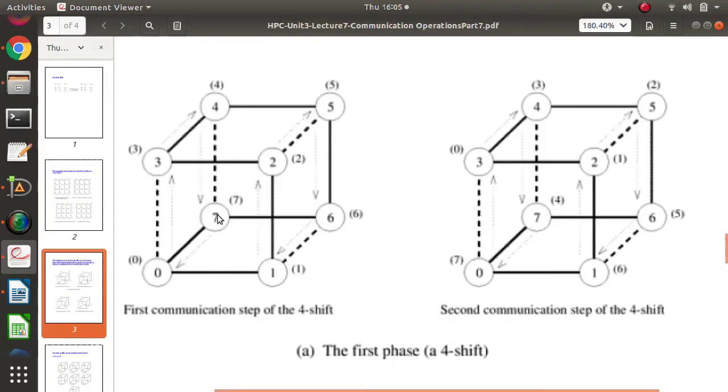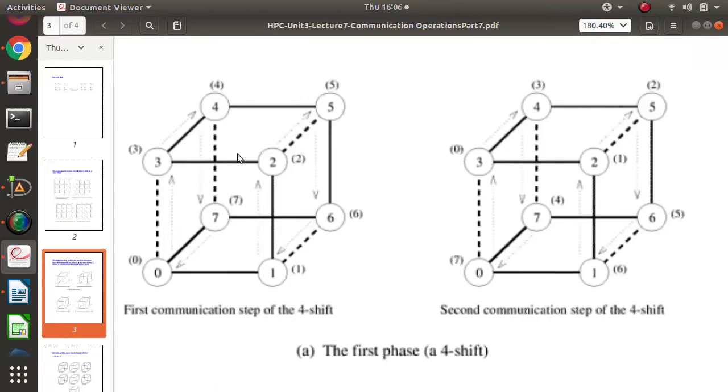And what is the dotted line? As we are arranging these nodes or processes on a hypercube structure, these are the indirect links. Those are created because of the hypercube structure. Now what is the advantage? Look at this. Suppose 0 wanted to send to 3. If it follows the linear array, how much distance does it have to cross? 1, 2, 3. But because of the hypercube, it can send directly. So this is the advantage of having a hypercube.